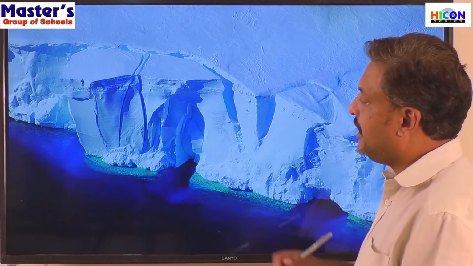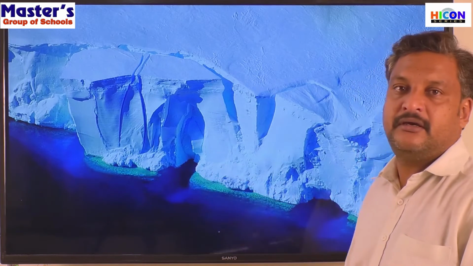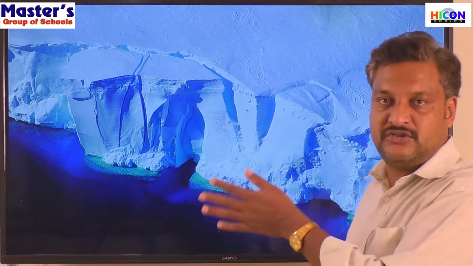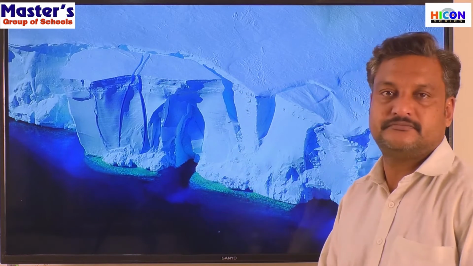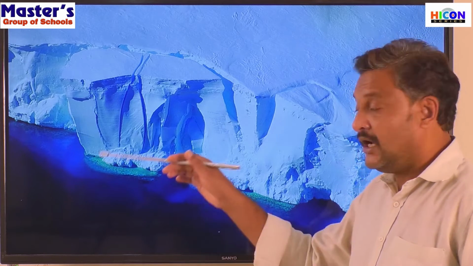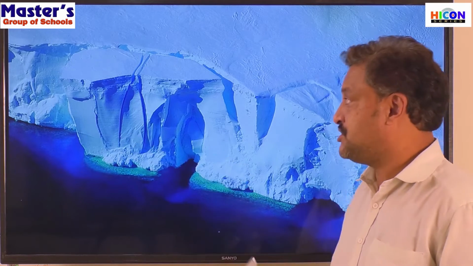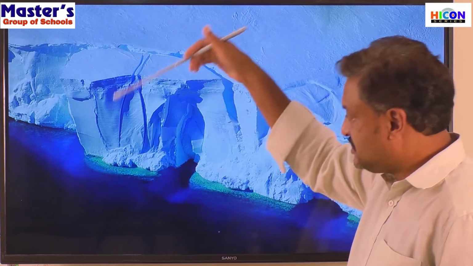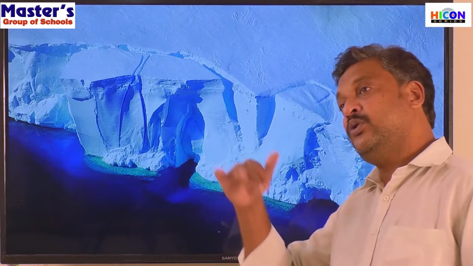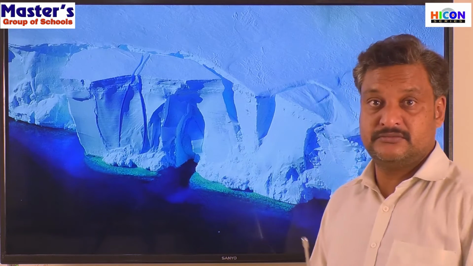So these ice caps break away, and these pieces of ice will start to flow in the water because they are in the Arctic Circle, no? So in the Arctic Ocean, they break away, they fall into the Arctic Ocean, and they start to flow. And we know there are ocean currents, no?